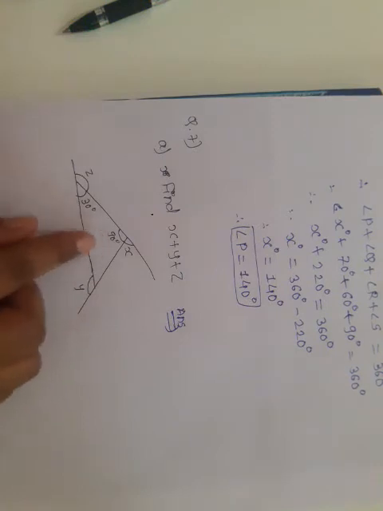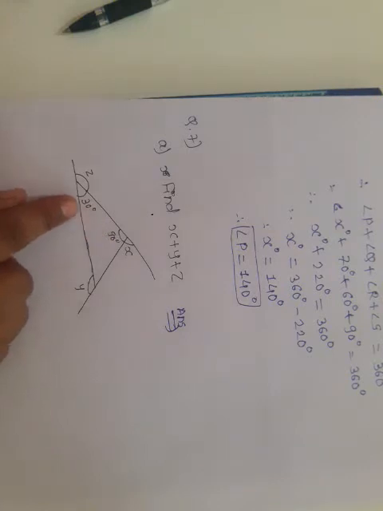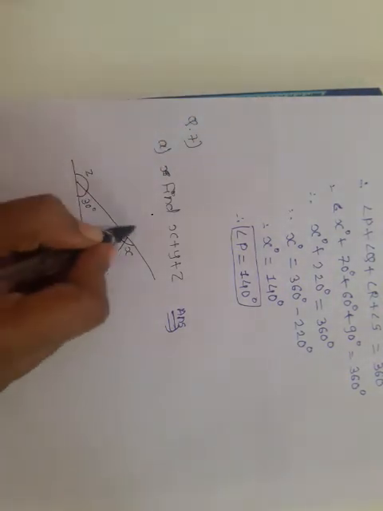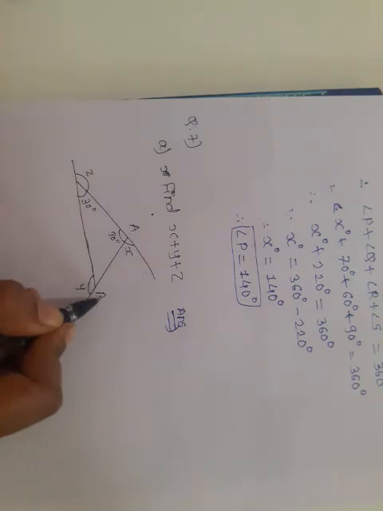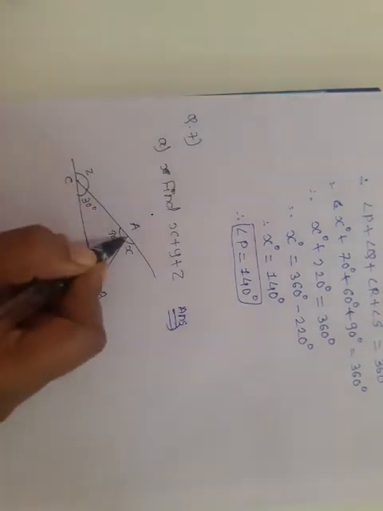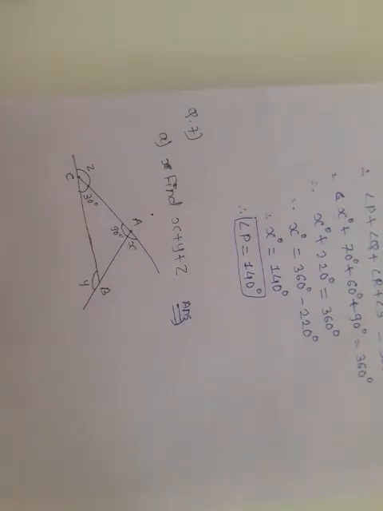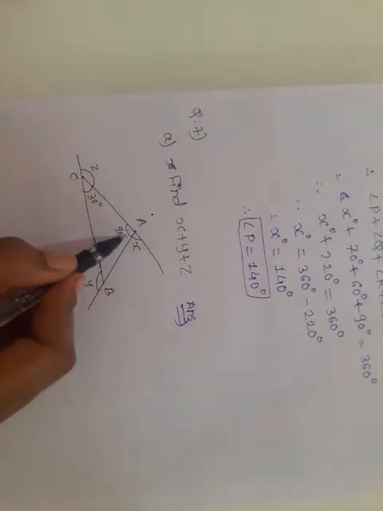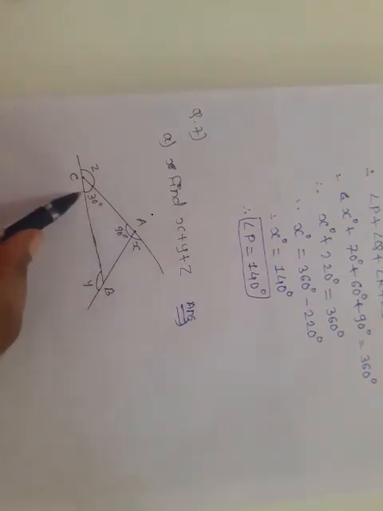Okay, and in this figure, two interior angles are given to us. First angle is of measure 90 degree. Second angle is of measure 30 degree. The vertices are A, B and C. So interior angle A is of measure 90 degree. Interior angle C is of measure 30 degree, but interior angle B is not given